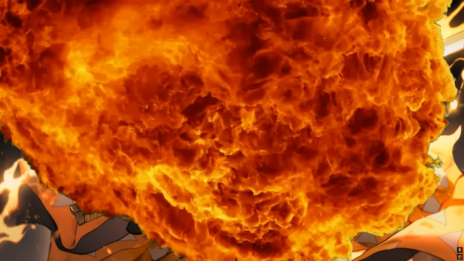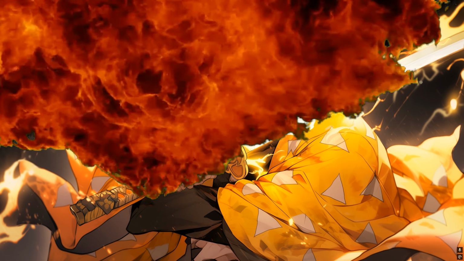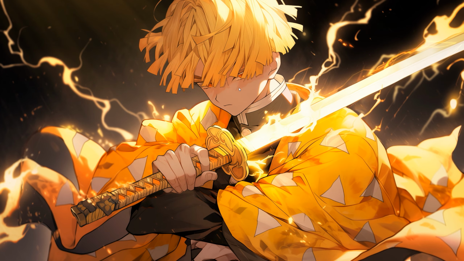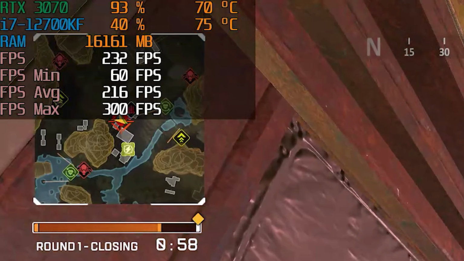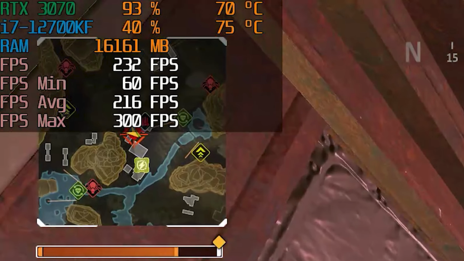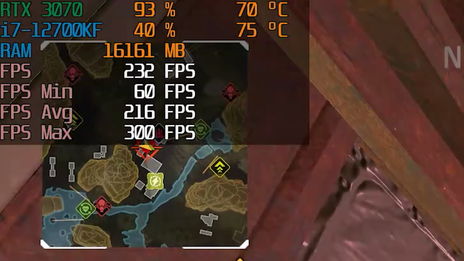In this video I'm gonna show you how you can turn on the MSI Afterburner Overlay, and you can show your GPU performance, your memory, your CPU performance, and the most important, your FPS, as you can see in that